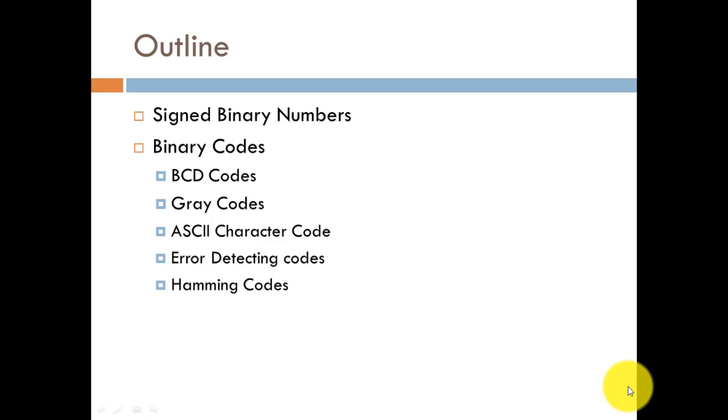Although we will not go into greater detail, we will get some insight or idea about various sorts of binary codes. So in our last lecture, we discussed various number systems and how we can convert from one number system to another. We were basically dealing with the unsigned number system while studying those. But here we will discuss signed binary number systems. Signed binary numbers. So what are signed binary numbers and how can we do that? Let us look into it.